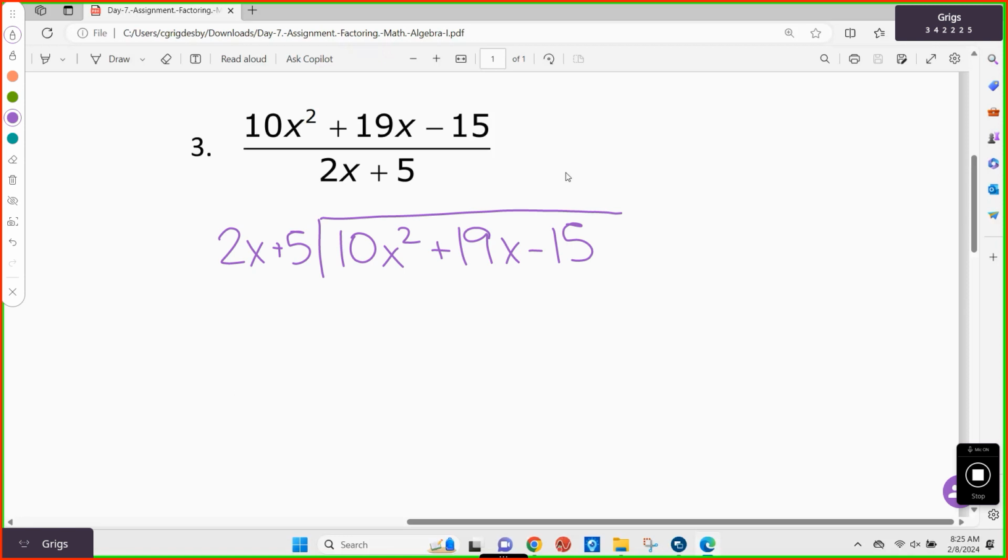Alright, so on problem number 1, our divisor, our outside term, was it a monomial or binomial? Monomial, because it was just one thing, just 4x, right? What's different about this one? It's a binomial. So if it's a binomial, I have to take the first 2 terms. If it's a monomial, I can divide the first term because there's just one term. But if I'm dividing by a binomial, I need to look at the first 2. So my guess and check is more important here. So I'm going to say